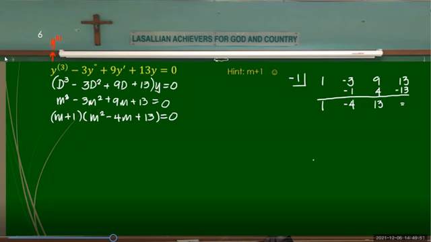Now, what about this one? Let's try factoring that out. m squared minus 4m plus 13 is equal to 0. If we factor this out,